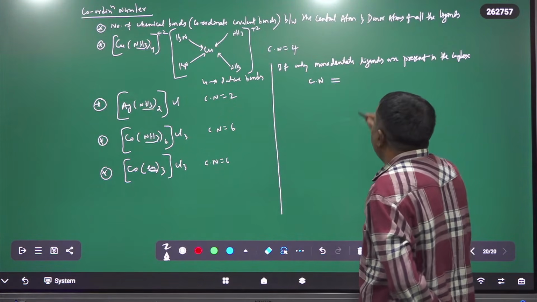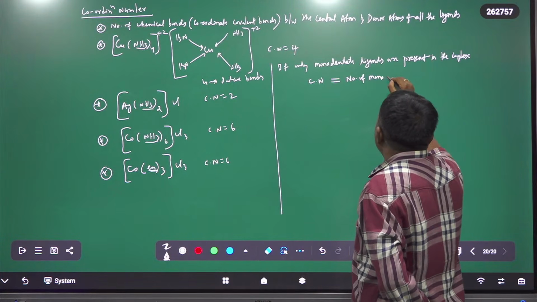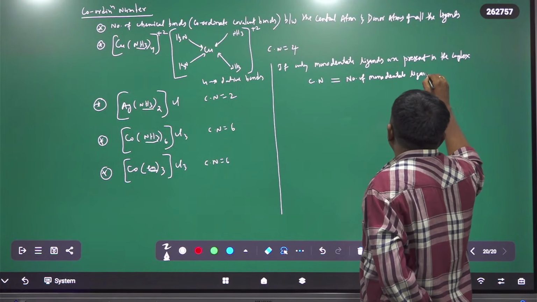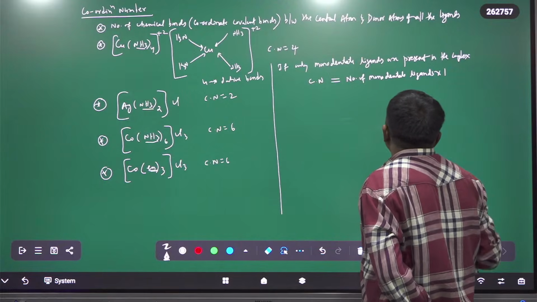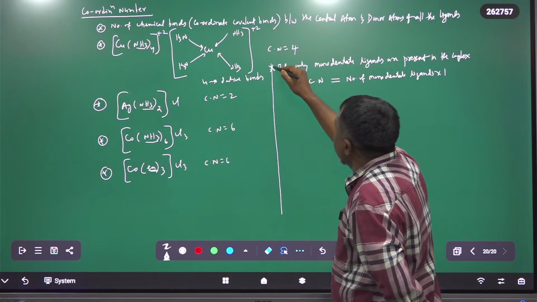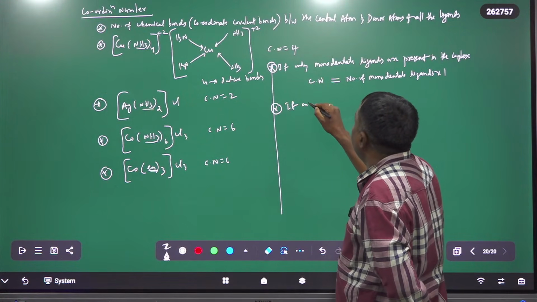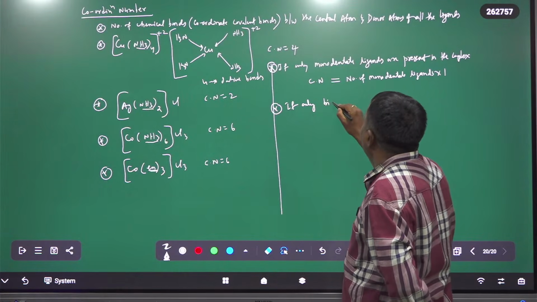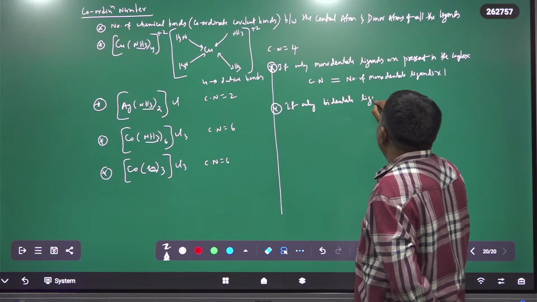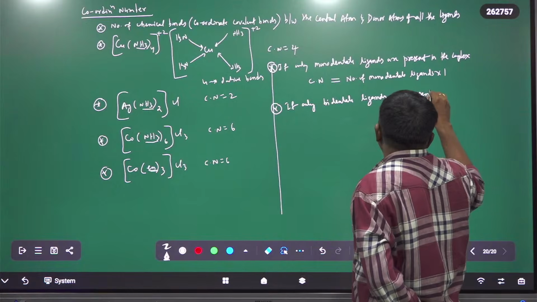Number of monodentate ligands into 1. This is the denticity of the monodentate ligand, which is 1. Suppose only bidentate ligands are present in the complex,